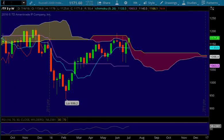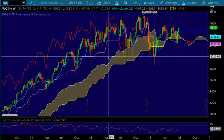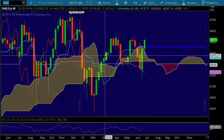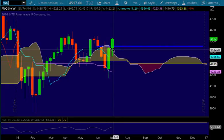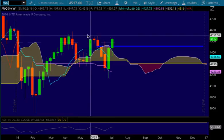All right, let's look at the NASDAQ. NASDAQ is bullish, above the cloud, above the Tenkan-sen. We came down and almost tested the Tenkan-sen, but not quite. Let me zoom in a little bit so you can see that clearer. And then we blasted off and put in a close above the cloud, right into this prior resistance level, just like